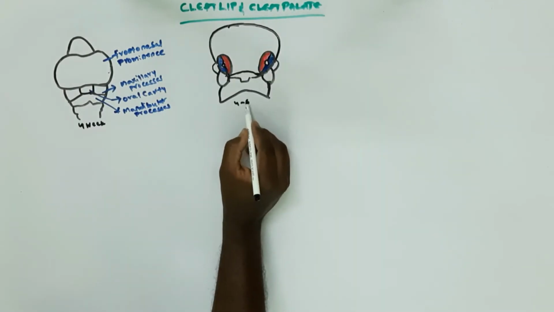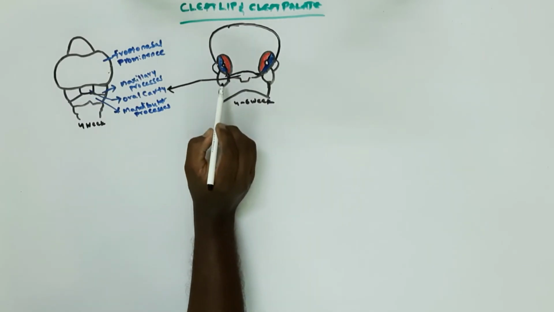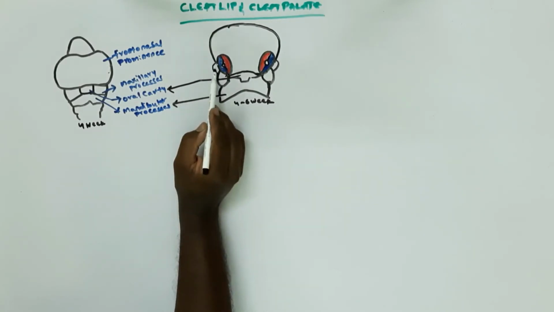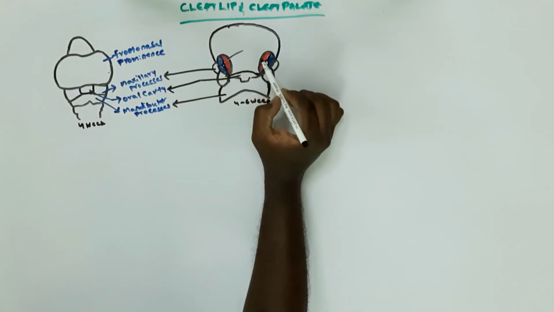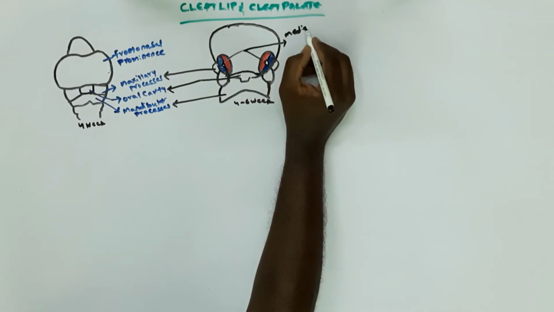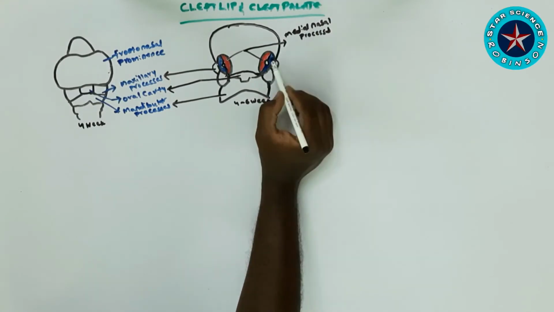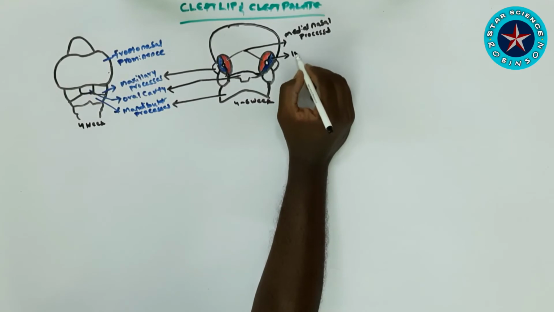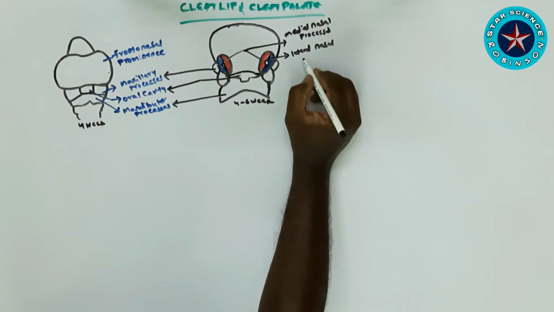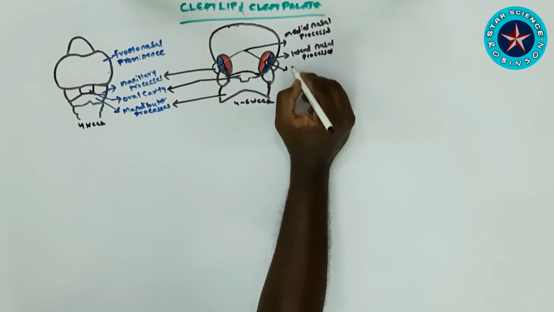As we see at weeks 4 to 6, we can see the development of the oral cavity. At the same time we can see the mandibular processes, the maxillary processes, the medial nasal processes, and the lateral nasal processes. At the 4th to 6th week we can also see the important nasal pits. So this is the major important development in the embryonic stage at the 4th to 6th week.